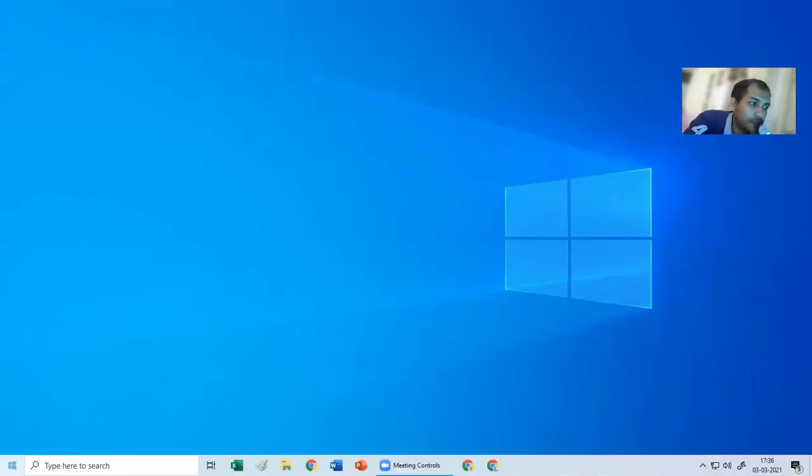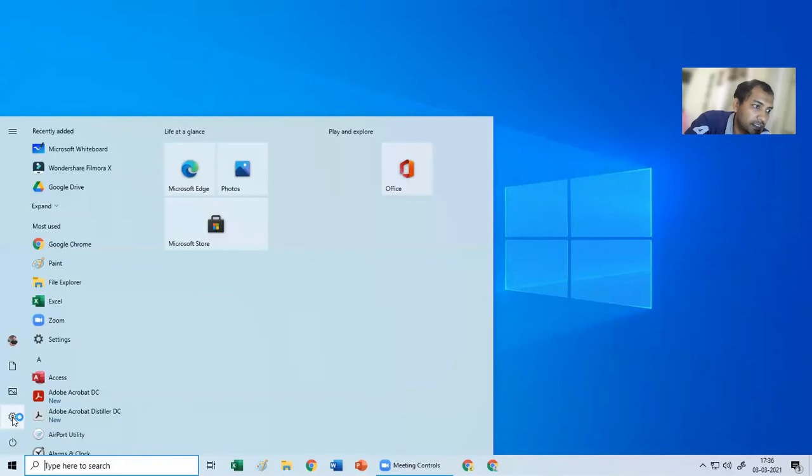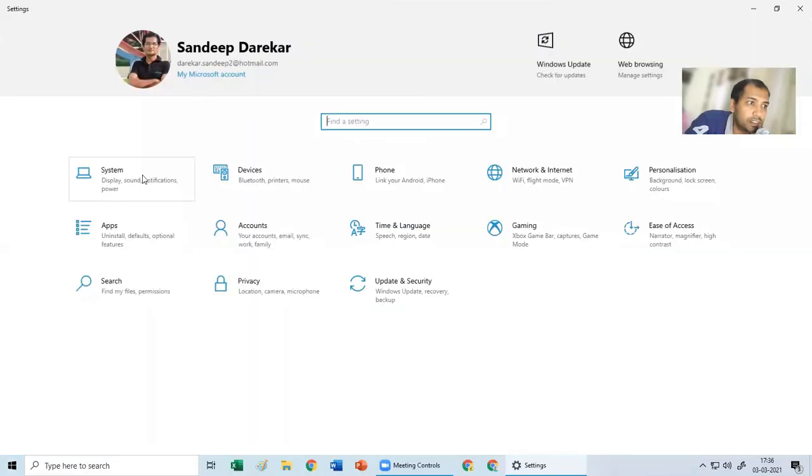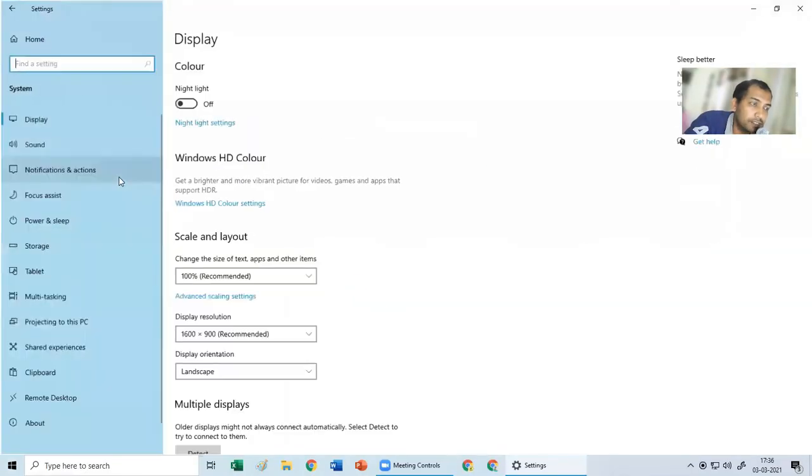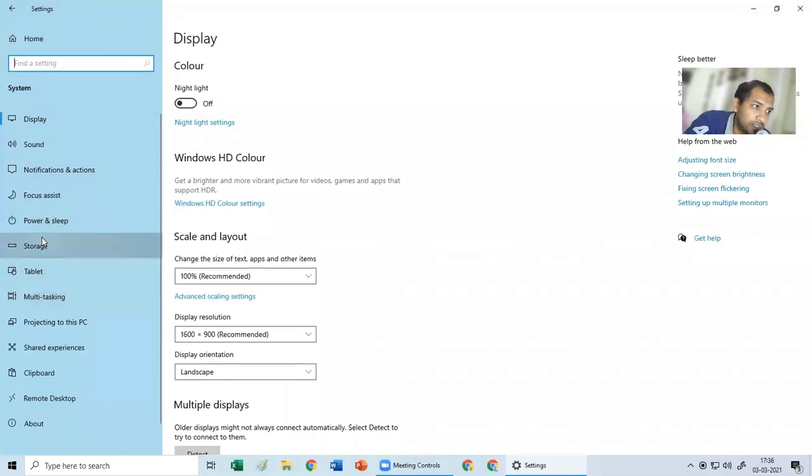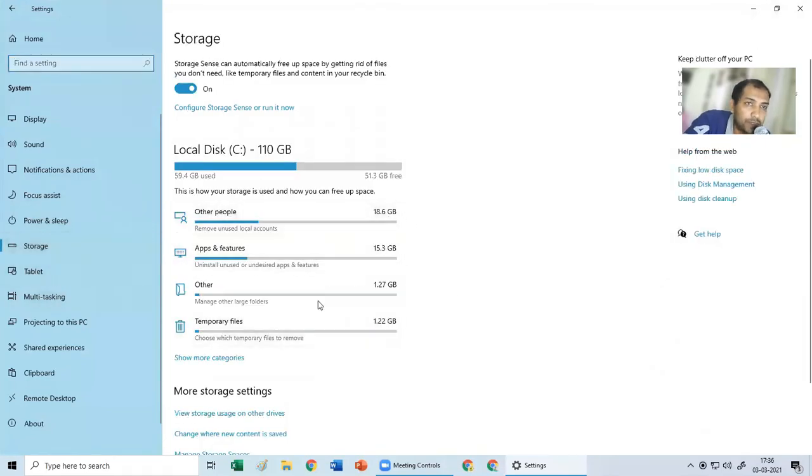Okay, the next option, the fifth option, is click here, go to settings. Then you find the system option first, click there. In that you will find storage. Now here you will find whatever storage is available in your computer. On the top you'll find storage sense. When you turn this on, it will automatically delete some temporary files. These temporary files are not your files which you have created, but the computer has created them while working. So keep this on and the computer will clean all these temporary files.